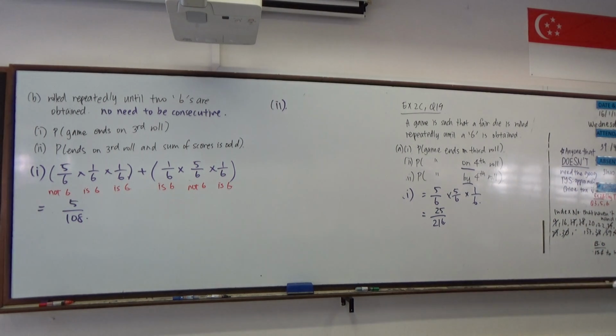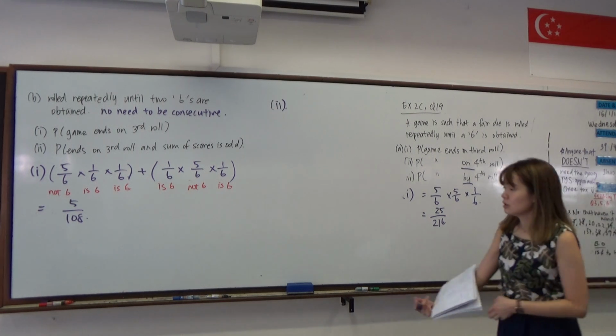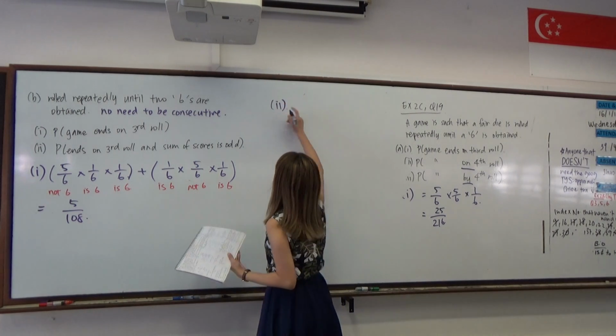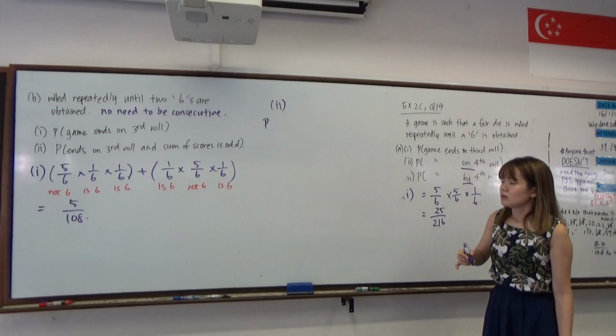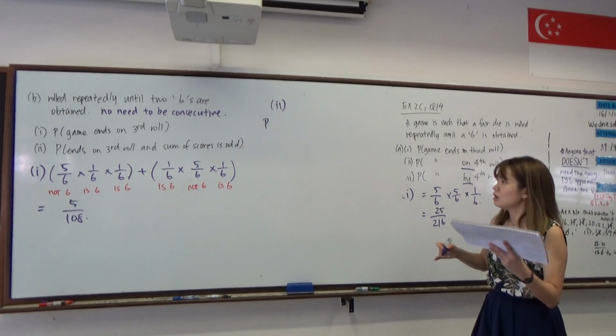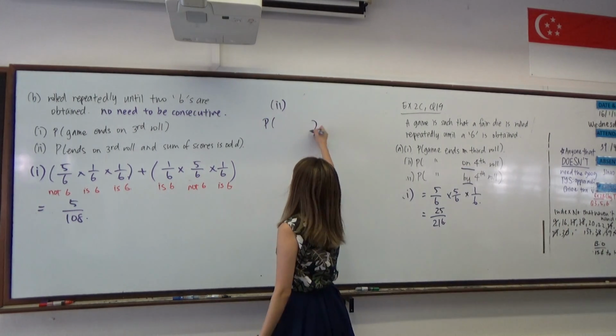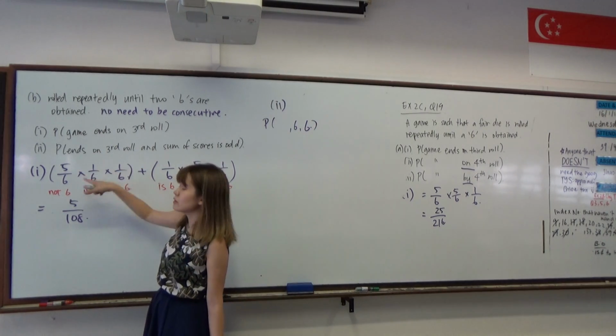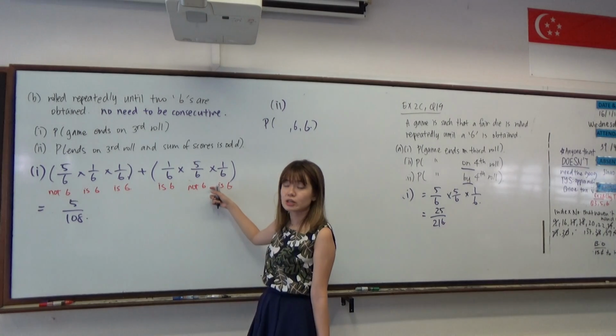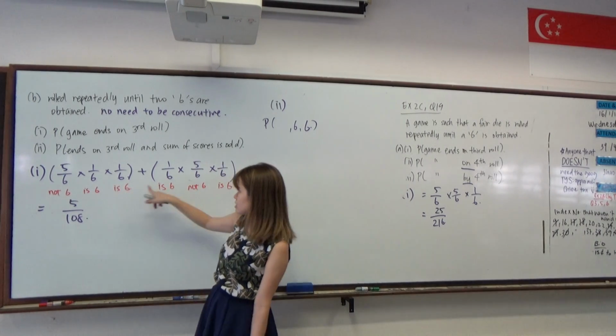Then after that, part 2 is even more complicated. We want a case whereby the game ends on the third row and the sum of the scores is odd. So now we need to consider all the different sums. Let's look at all the possible combinations. For it to end on the third row, it is either this or this combination, right? Not 6, 6, 6 or 6,